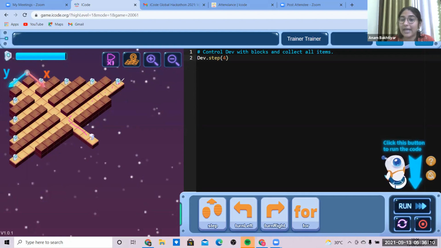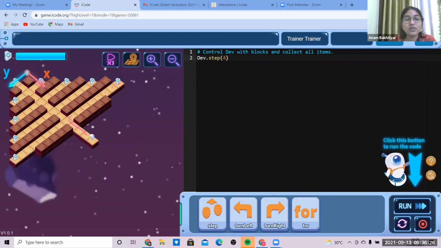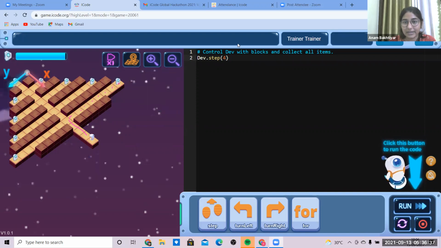He has grabbed it. Then he has to come back 16 steps. So it will be coming back minus 16 steps, moving in the negative direction. Fine.